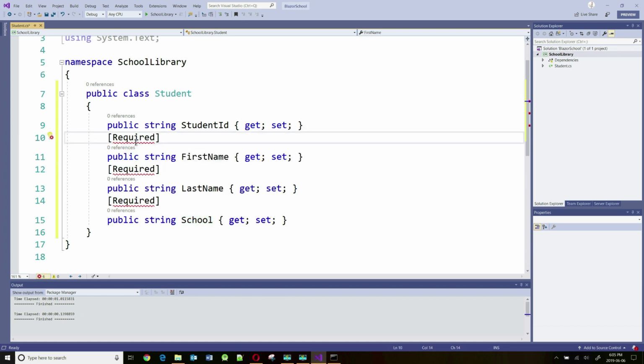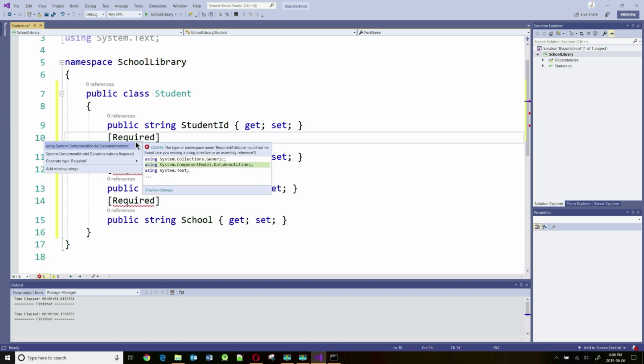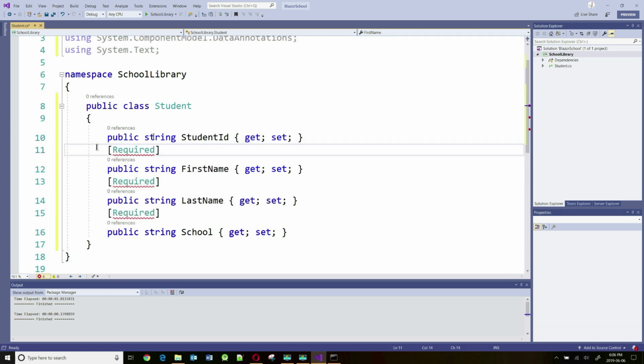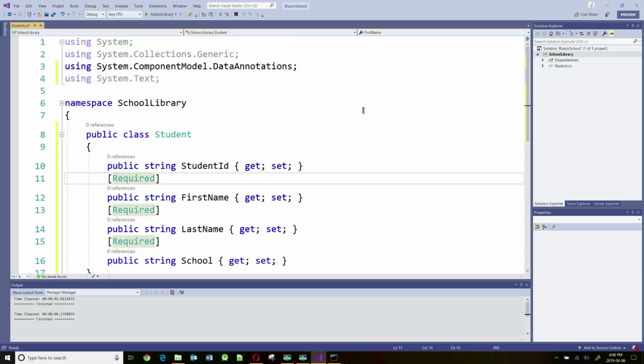So let's resolve this. So I'm going to import System.ComponentModel.DataAnnotations, which is essentially the package that we installed. This is it. We don't need to do anything more for this project. So I'm going to close this